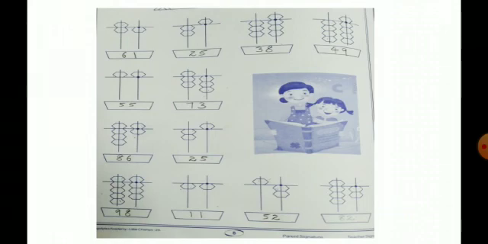Then we take the next question. We can see so many beads in ones place and also in tens place. So in tens place we can see 3 beads, and in ones place we can see 4 beads. So first we take the beads in tens place. There 10, 20, 30. The value of these 3 beads is 30, and the value of the beads in ones place is 5, then 6, then 7, then 8. So 30 plus 8, we will get the answer 38. So like that we can do these exercises.